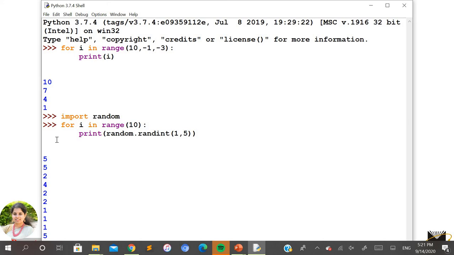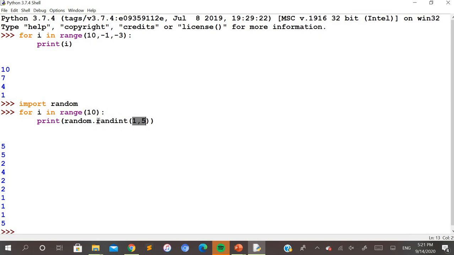The range is to tell for how many iterations this print statement needs to be executed here, whereas the random integers are going to be considered only with the values or the parameters that you specify here for the randint method here. So you can see here in this function, this print statement is going to be executed from iteration 0 to 9, but the randint value is going to be considered from the range 1 to 5. So randomly it will generate any value from the starting parameter to the end parameter for this randint function here.